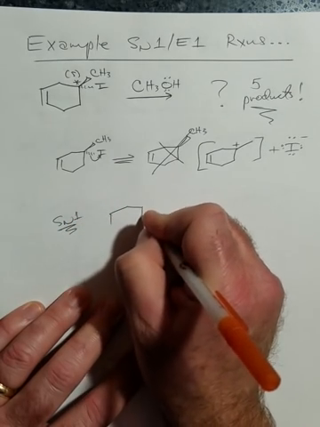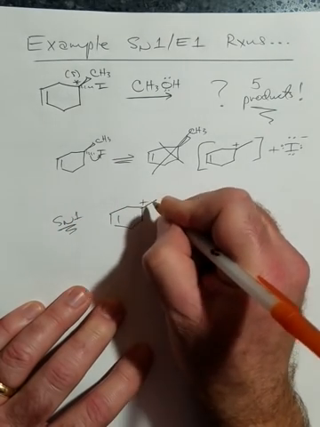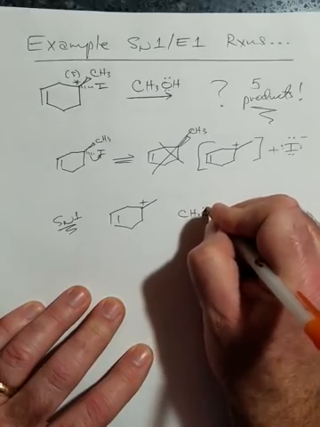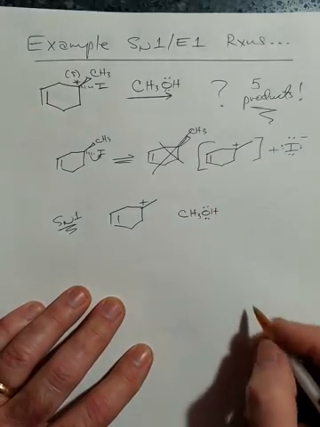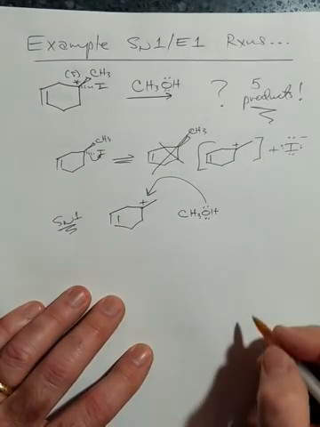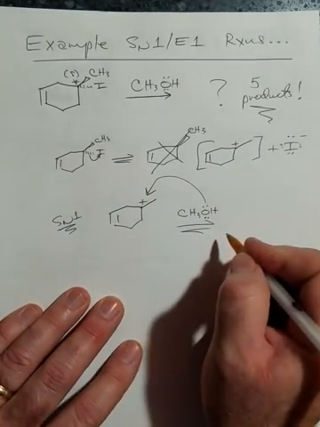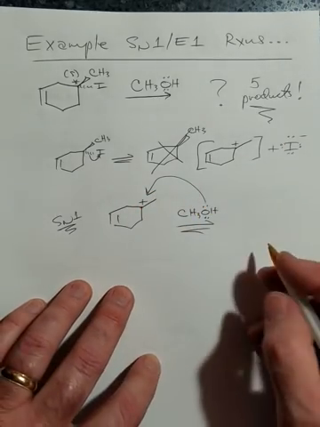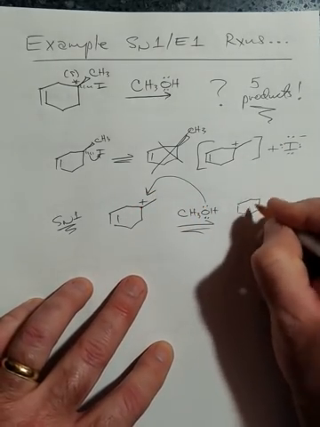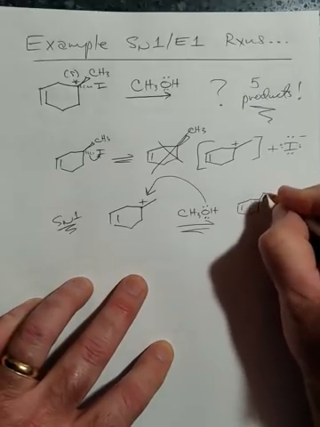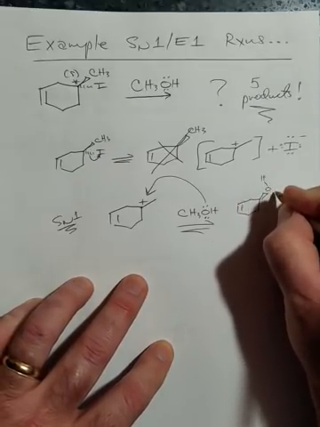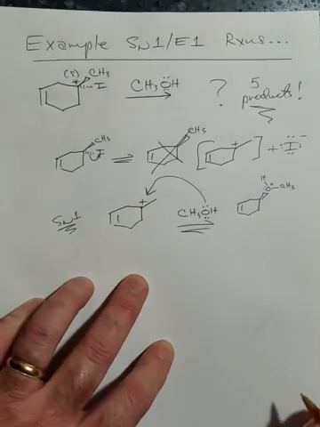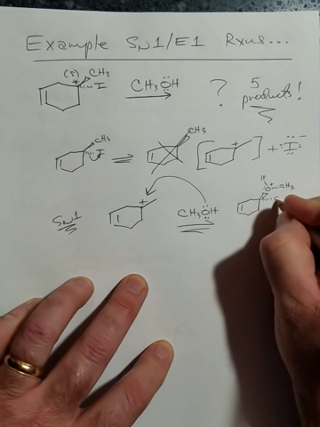So I'm going to redraw our carbocation. And in the SN1 pathway, our solvent, which is this methanol, can simply attack. And what I want you to notice is that it's going to be possible for this solvent to attack either from the front face or from the back face. That is, we're actually going to produce two different oxonium ions. If it attacks from the front face, then our methanol will be located as such, with the methyl group in